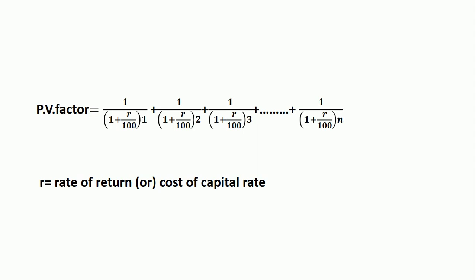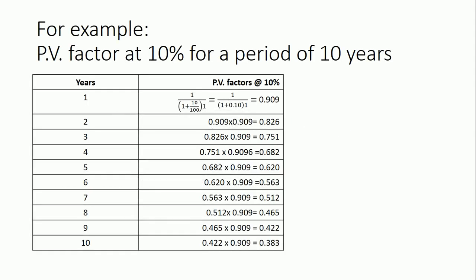Let us discuss one example for calculation of PV factor. PV factor at the rate of 10% cost of capital for a period of 10 years. Here you can find years 1 to 10. PV factor for first year, I will explain: 1 by (1 plus R by 100), that is equal to 1 by (1 plus 10 by 100). Here our rate is 10, whole raised to 1,